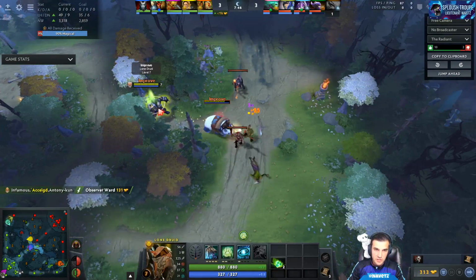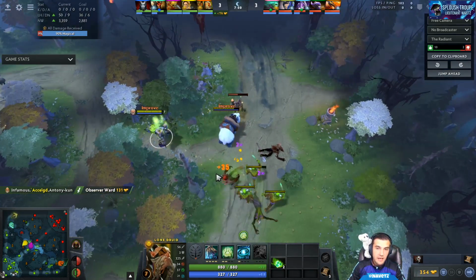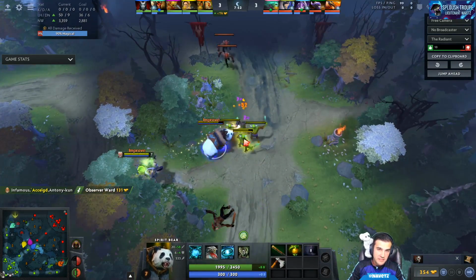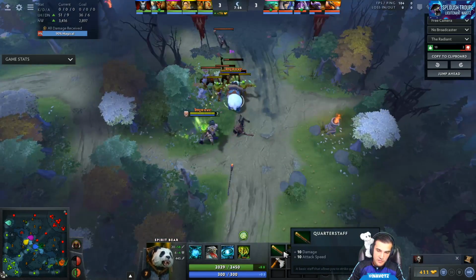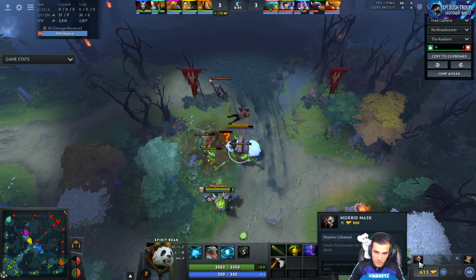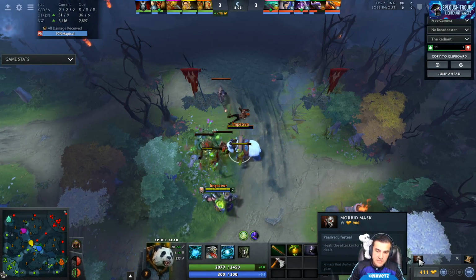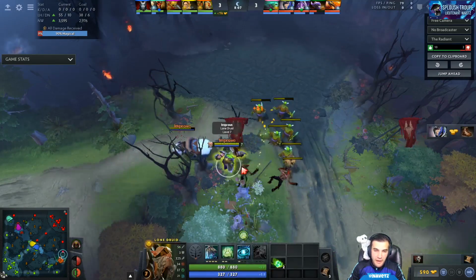He has the phase boots on his bear, and next he actually hasn't taken boots on his main Lone Druid yet, which is fine. He'll probably get them on his main Lone Druid after he completes the Mask of Madness. So he does have the Quarterstaff, which gives him 10 damage, 10 attack speed, and next he's going to take the Morbid Mask, which gives him 15% passive lifesteal. And the additional passive lifesteal